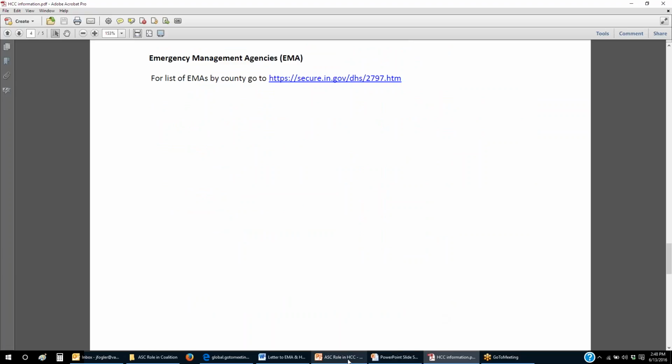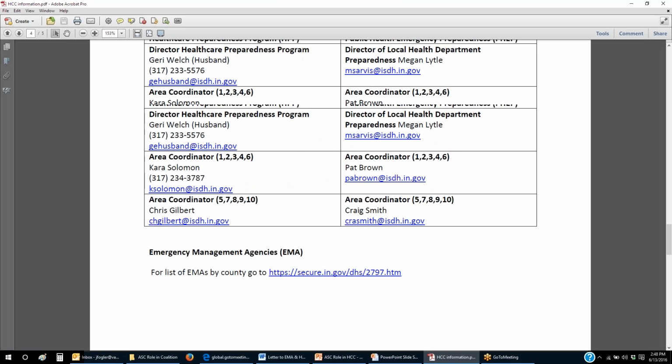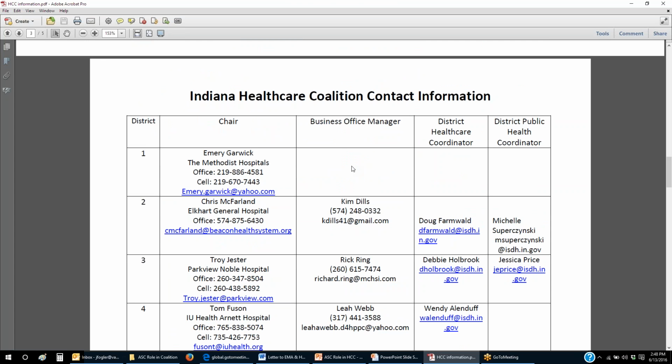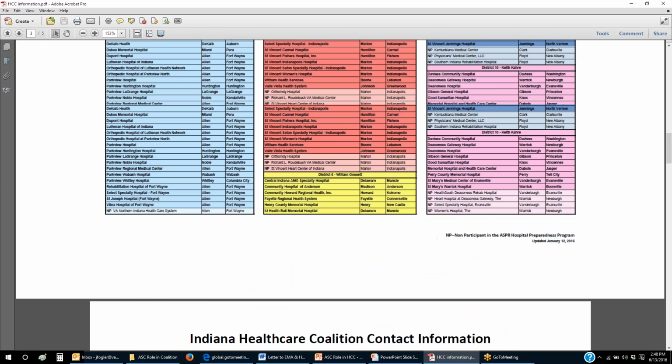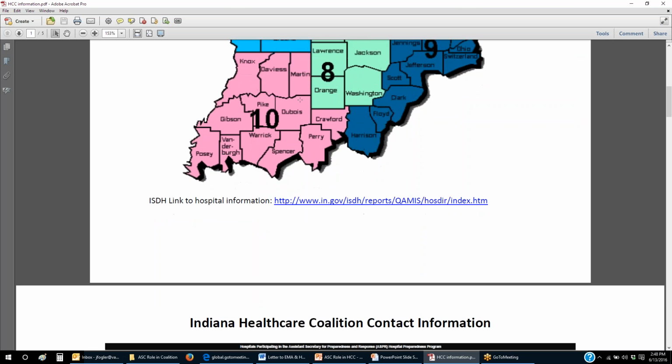Okay, another document that I wanted to show you is how you can get connected if you're not already connected with your district healthcare coalition. Each of the healthcare coalitions within the state have meetings. Some of them meet monthly, some of them meet every other month, some of them meet quarterly. So again, go back and contact whoever is either the chair or the business manager, depending on what district you're geographically located in, and find out when those meetings are and